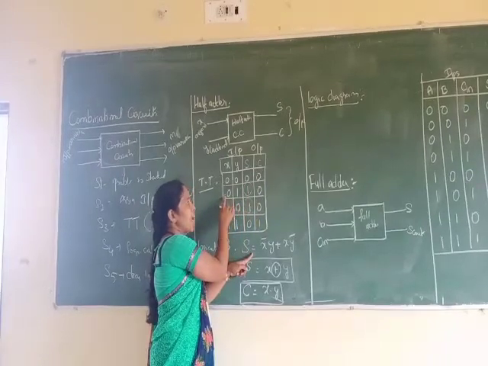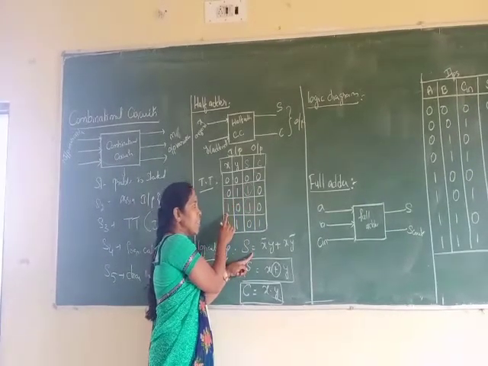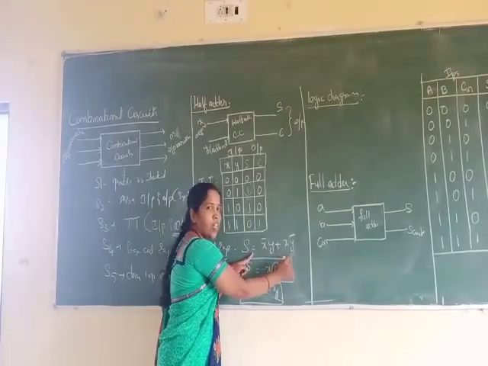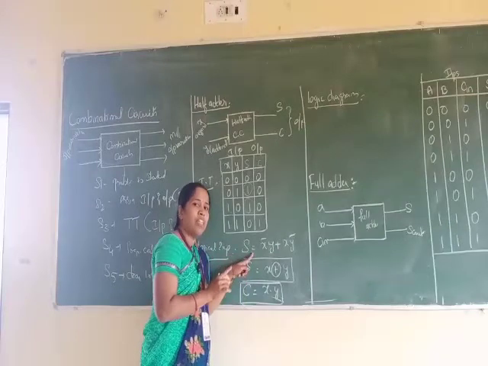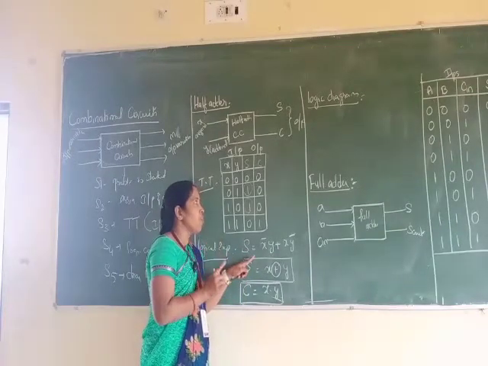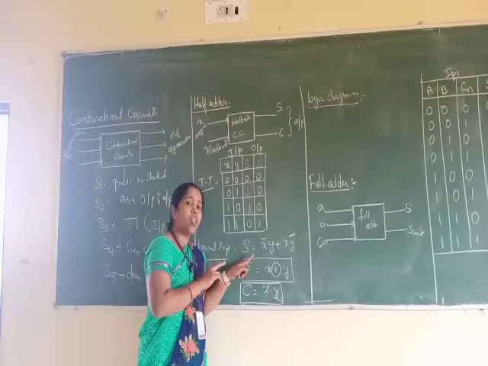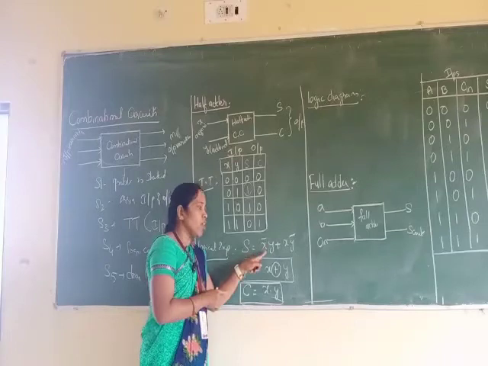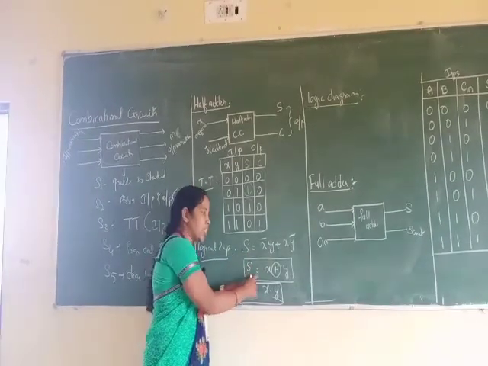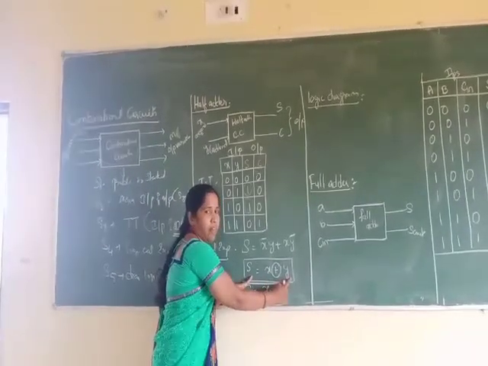So first case is x dash y, x value is 0 here, right? Next one is x y dash. So x dash y plus x y dash. So in the starting classes we have discussed XNOR gate, XOR gate, right? So XOR gate, the output will be high when the inputs are opposite to each other. That is nothing but 0, 1 and 1, 0. So here also you are getting the same expression. Then you can write the expression as S is equal to x XOR y, right?